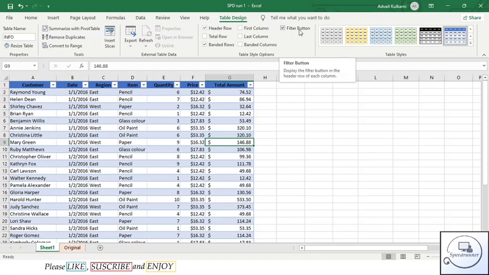If I want the filter button, I will leave it as it is, but if I don't want them, in case, I will close the filter button option. You can customize the rows however you want. You can bold any row, add header or total rows, or add and remove filter button using the table style option. Currently I am removing the filter button since we have no use of it now.